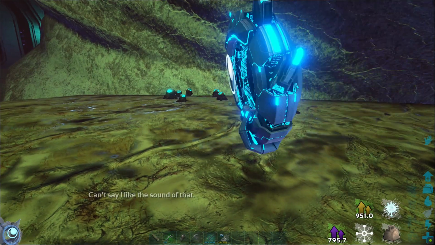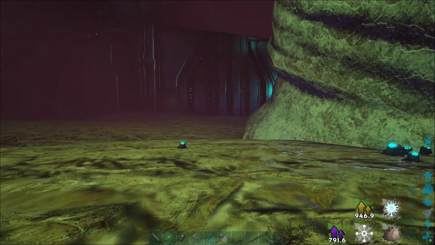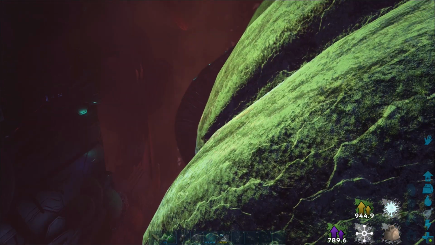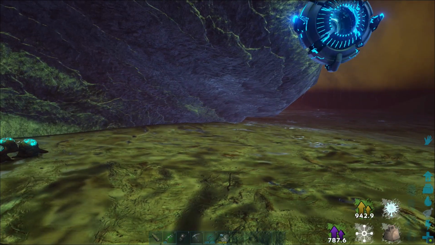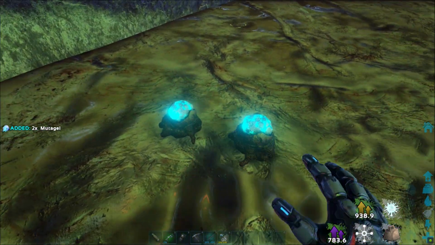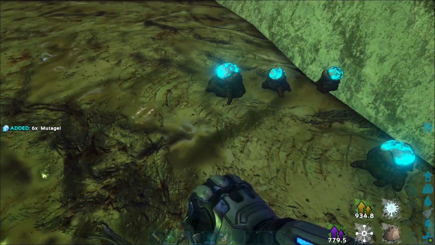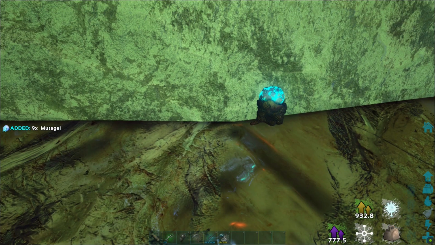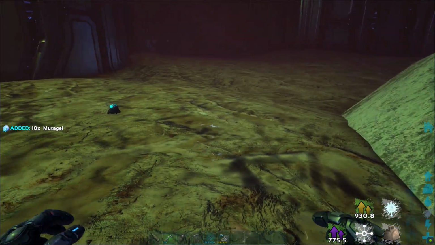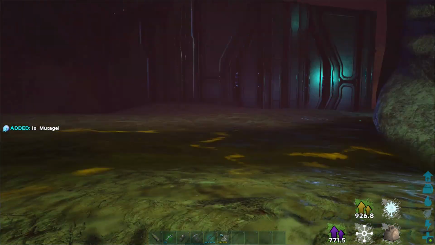And here we have an area where we can pick up some Mutagel, which we can then turn into mutagen. I believe we need about 800 of this stuff to turn it into. So let me be more specific. We need 800 Mutagel to turn into one mutagen, but this is right next to the heart and the platform where we start the fight with Rockwell, and you can handpick it,